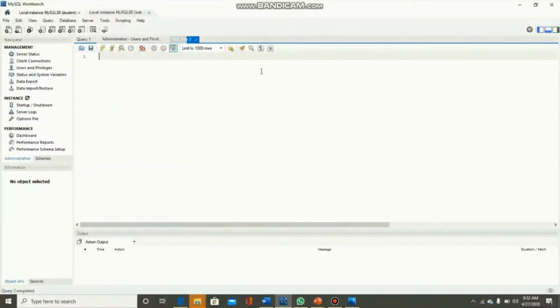First of all, we need the list of all the users, and then we will apply the show grants command. For the list of users, I will type select * from mysql.user. With the help of this query, I will get the list of all users in our MySQL server.